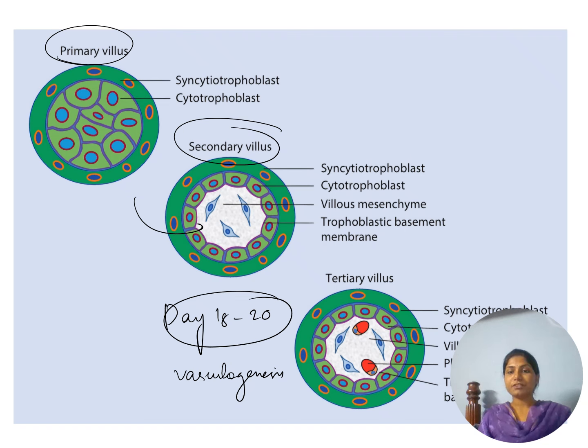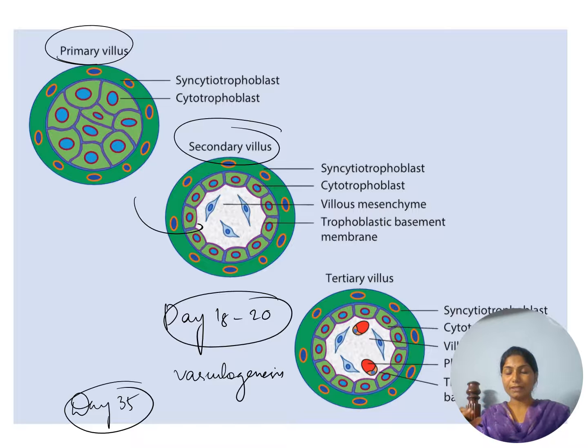But after the first trimester, from the second trimester till the late third trimester, the entire hematopoiesis occurs in the liver. So this connection of the vascular systems between the placenta and the embryo via the umbilical cord is happening in the lacunar phase. This completely happens by day 35 of fertilization, that is during the 7th week of pregnancy. There is an umbilical cord which is connecting the placenta and the fetus, and all the tertiary villi will